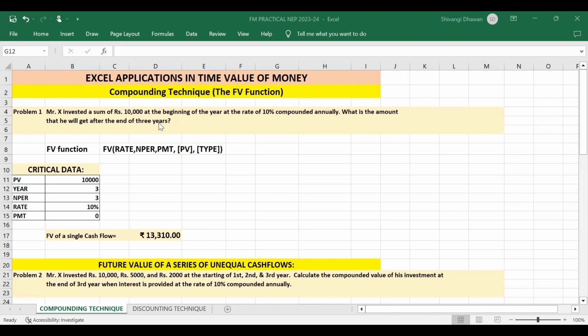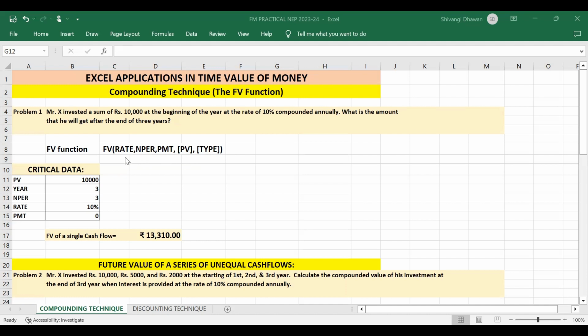Here, we will be using the future value function, which is an important Excel function. The syntax of this function requires 5 things: the rate, NPER, that is number of periods, PMT, that is any payment if there is one, PV, that is present value, and type, which is whether the payment is made at the end of the period or at the beginning of the period. So, as explained earlier,